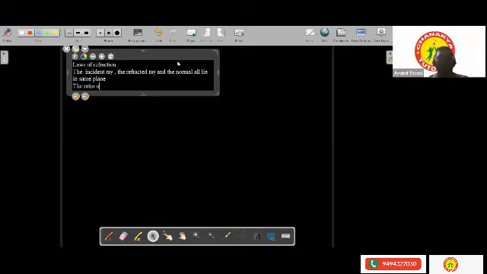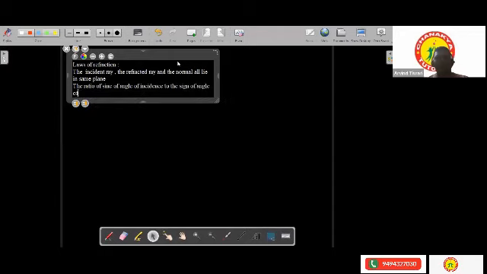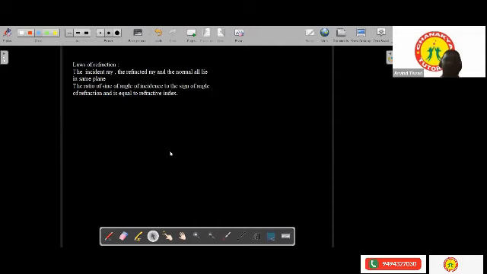Yes, the ratio of sine of angle of incidence to the sine of angle of refraction is a constant and is equal to the refractive index. We had studied about the refractive index. I had told you what the refractive index stands for. The refractive index is given by the formula